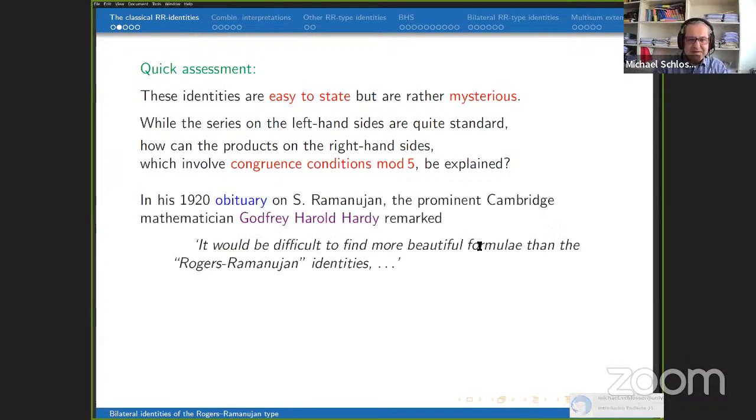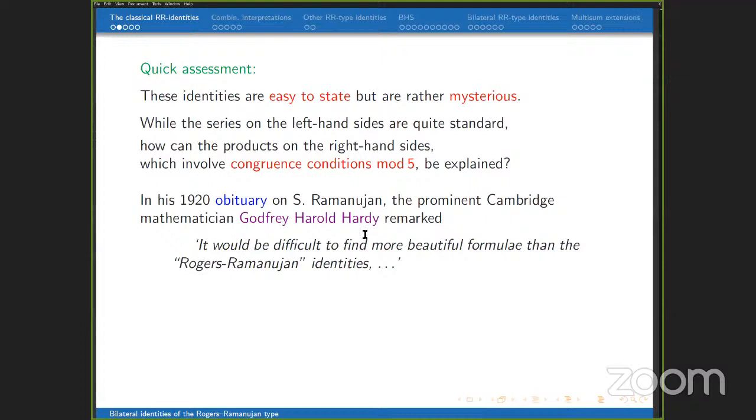So actually, after Ramanujan passed away, 1917, I believe it was, or was it 1920? Sorry, 1920. Hardy, his collaborator, the one who invited Ramanujan to Cambridge, this eminent professor, he explained a bit of the significance